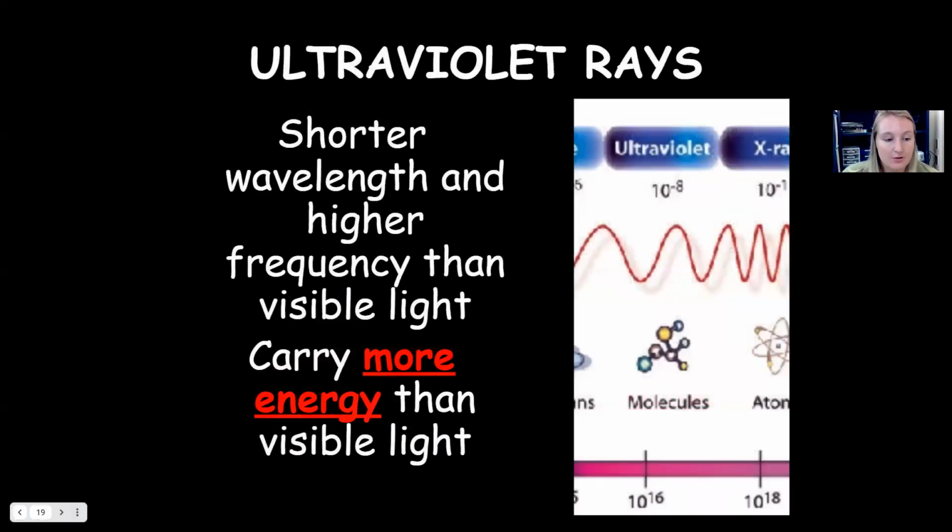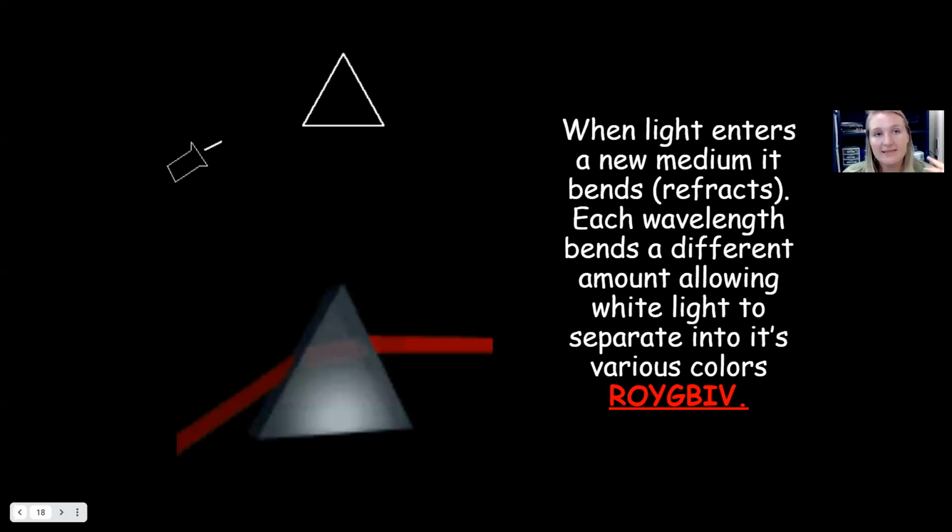So the reason why we see rainbows: when we have white light, light from the sun or light from a light bulb, it is actually made up of all the different colors of the rainbow, all those different wavelengths of light. What happens is when light enters into something new, like a prism, which I'm sure you guys have seen, or things like raindrops, it causes that light to bend because of something called refraction, which we'll learn about later. Because these waves are different wavelengths, they bend at different angles. So it splits that white light up into all of the different colors that make it up. So that's why when you put light through a prism or through raindrops, you're going to see a rainbow.